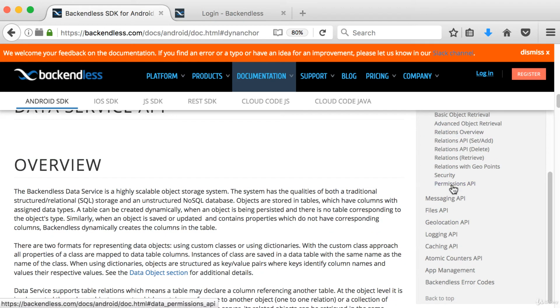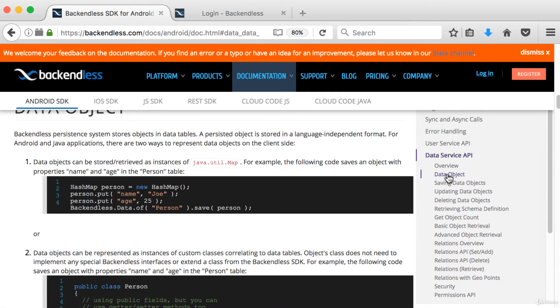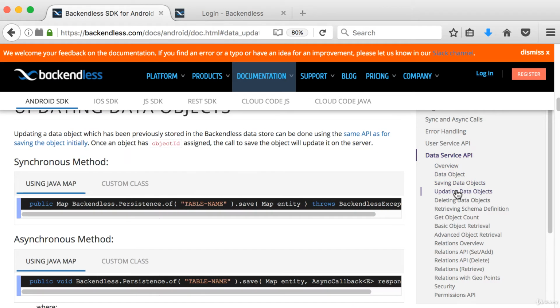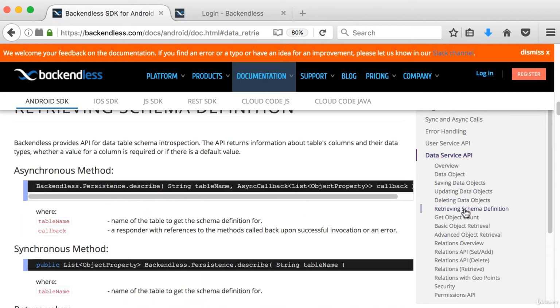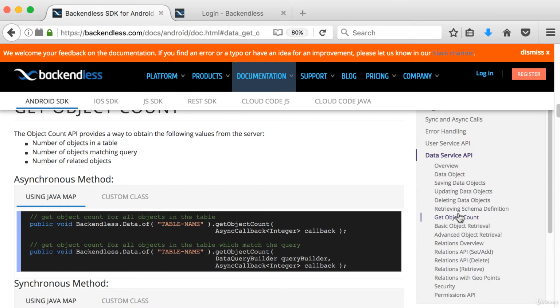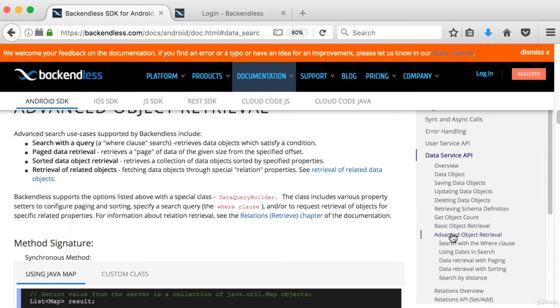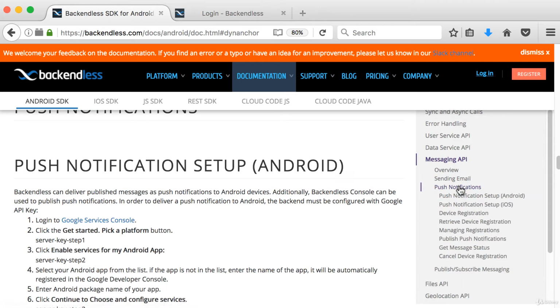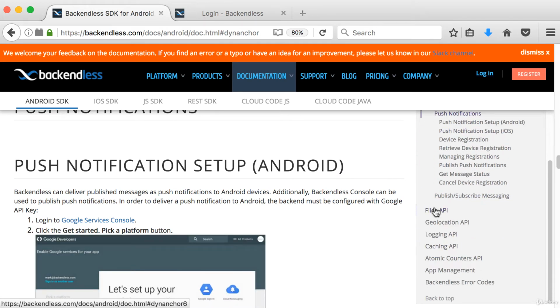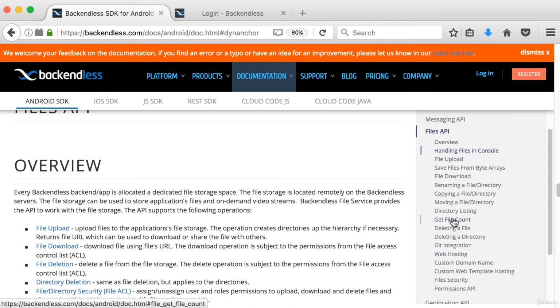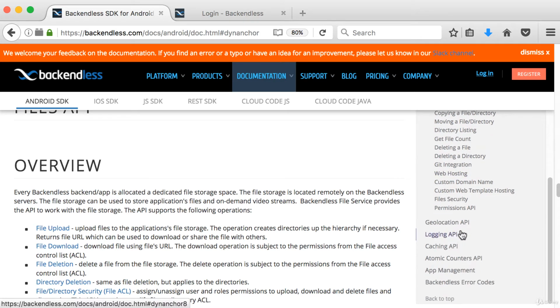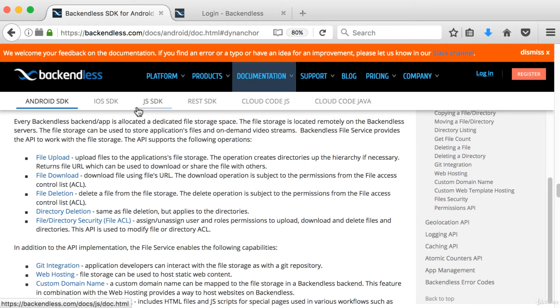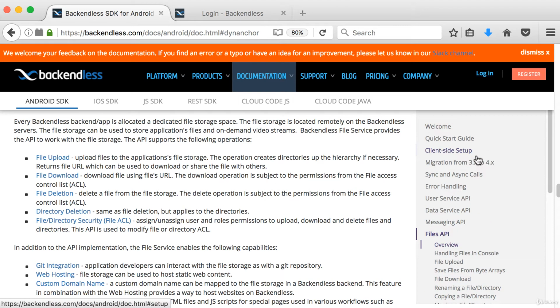In the data service again, you can go and learn about data objects, how to save data objects, how to update them, how to delete them, how to retrieve them, how to get objects count, and so forth. Advanced object retrieval, sorting, paging, dates in search, and so forth. So there's a lot of documentation, even messaging. If you go to messaging, how to send push notifications. In files, how to retrieve a file, how to save a file, how to get your file count. So there's a lot of documentation here in the Android SDK